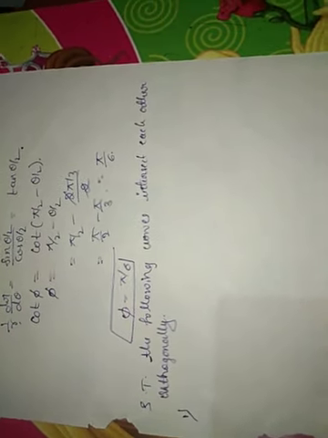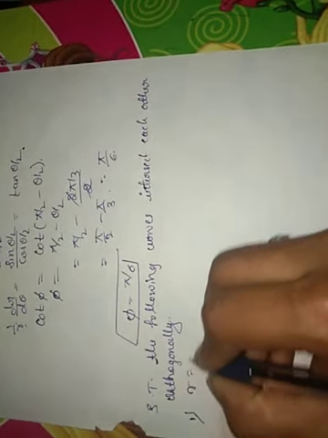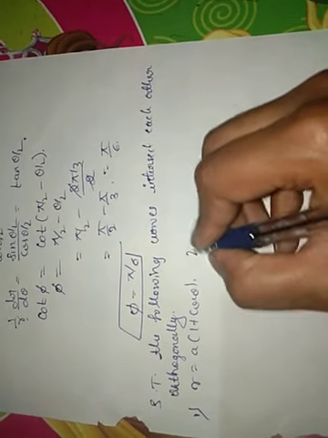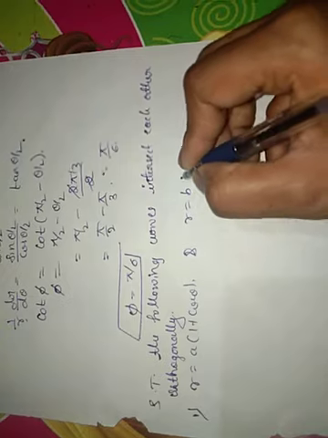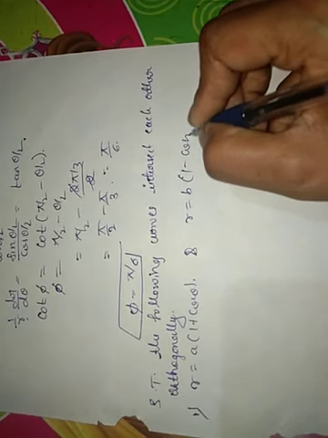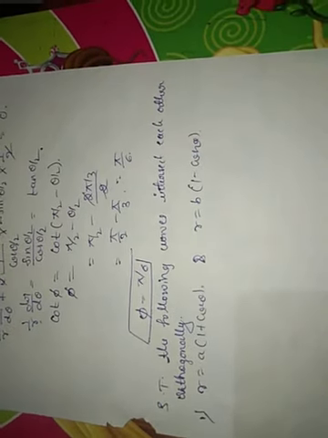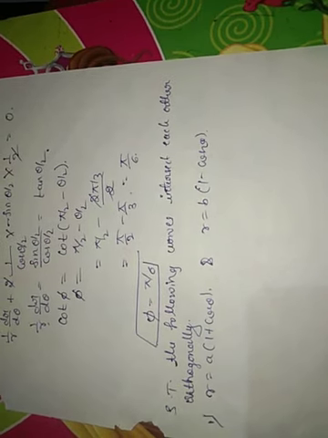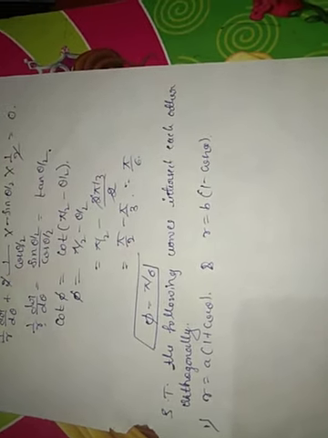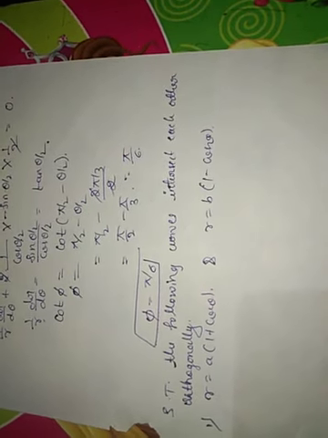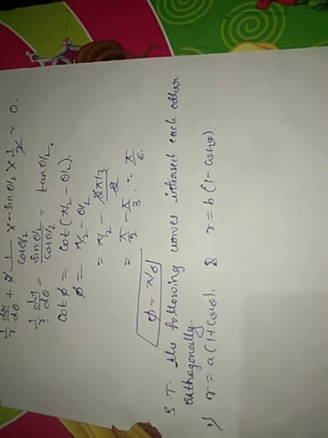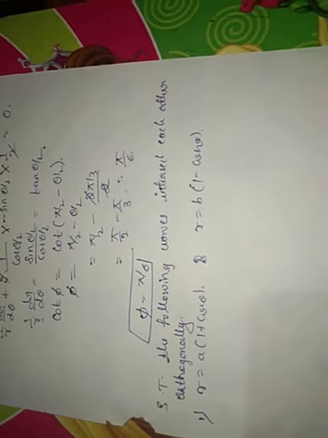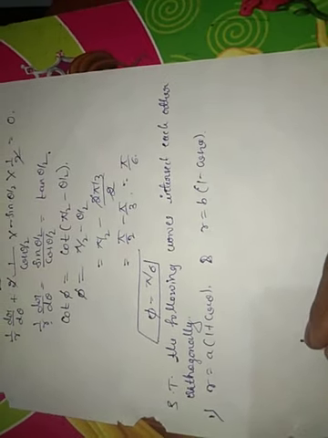So in that, the first one is r equal to a(1 + cos theta) and r equal to b(1 - cos theta). We know the procedure: find the angle for both the curves, considering those angles as phi 1 and phi 2, and take the subtraction of the angles, that is phi 1 minus phi 2. That will give you the angle between the two curves. That is the procedure of solving the example here.